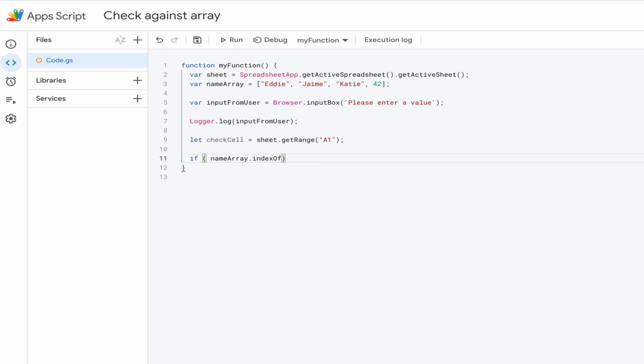Now, index of is a function that you can use against an array that will take a value, and it will basically tell you if that value is in the array, and it does it by basically giving you back the position of that value. And if you're not used to working with arrays, there is something to note here, that the way AppScript kind of looks at your array,